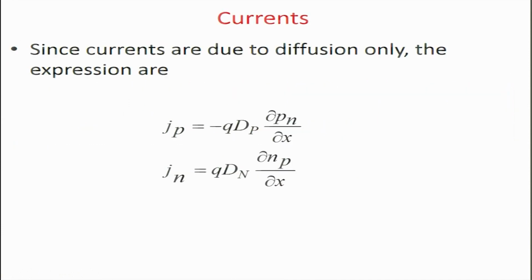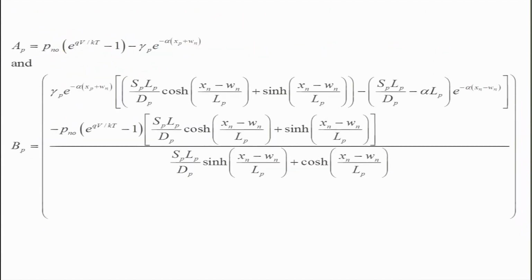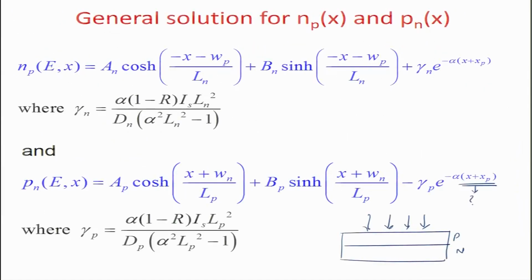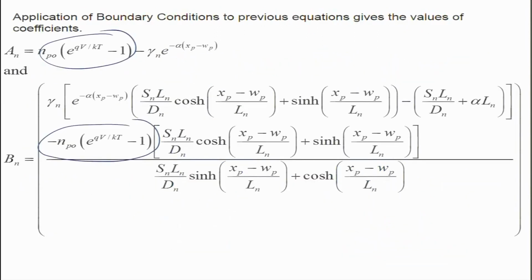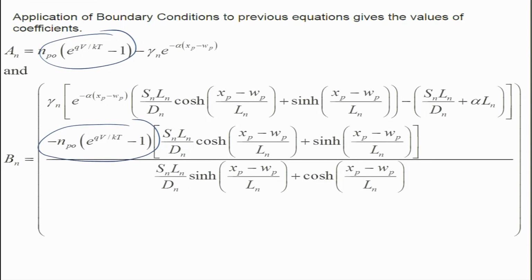The currents, let us leave it there right now. We know that we can calculate them. So basically what you have done is taken the general solution of the differential equation, applied boundary conditions, and calculated the value of the coefficients. It's just too complex to read out, but you can look at them in your notes as well as in the books. These are fairly complex terms for An and Bn, but they are not that complex when you think of it. So we'll do that analysis in a little while.